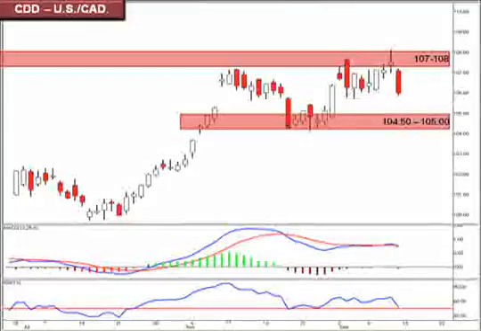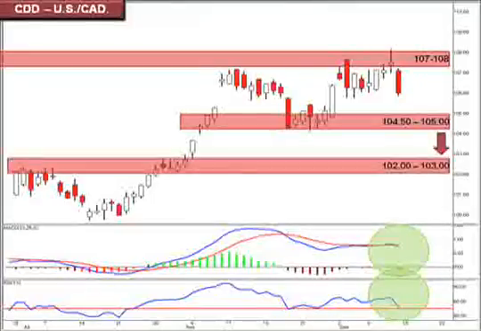Should prices break through that, we're looking at targeting and settling at a possible support at the 104.5 to 105 area. If that significant support level doesn't hold, the window is open for a continuation to the downside as your MACD and your RSI suggest that the current uptrend is under a little bit of pressure. Should that happen, we would look at prices possibly settling down at the 102 to 103 focal zone, which is our next logical area of support.